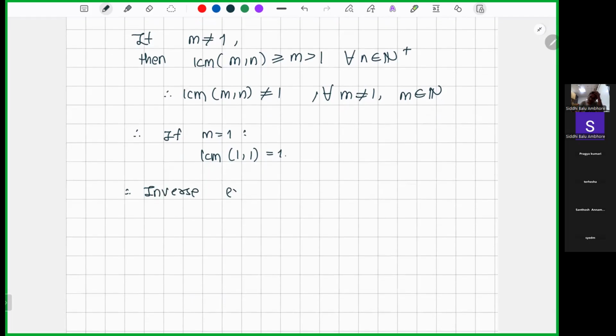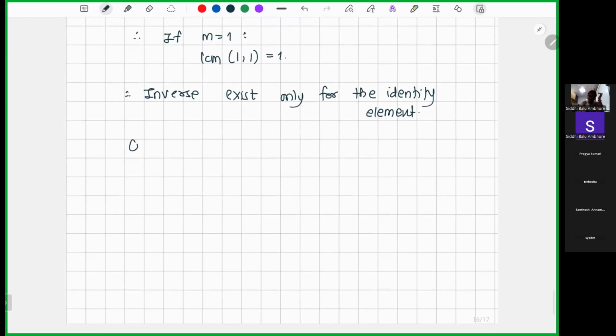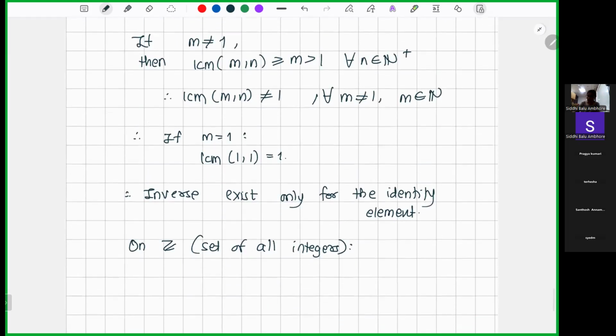So inverse exists only for the identity element, right? My 1 was the identity under this LCM on Z plus. So now what about Z, the whole integers, the set of all integers? Because this we discussed on Z plus, right? Now for Z,